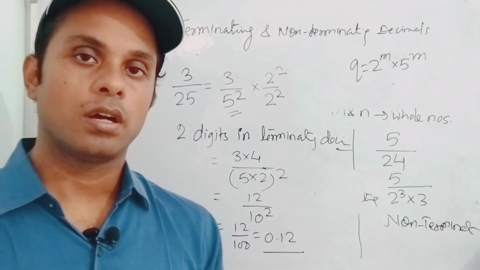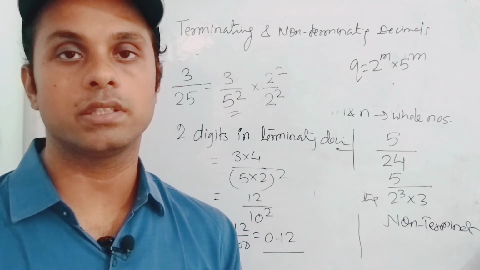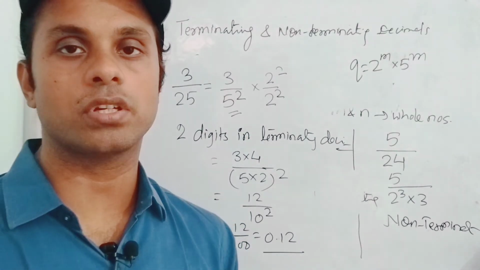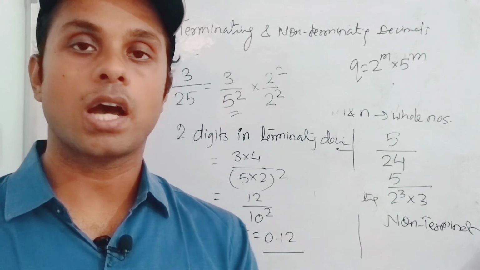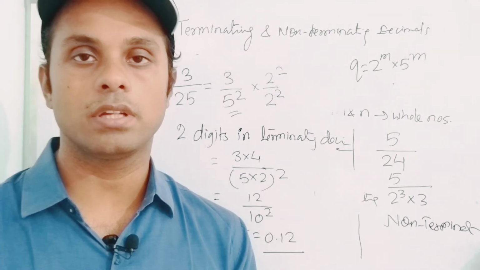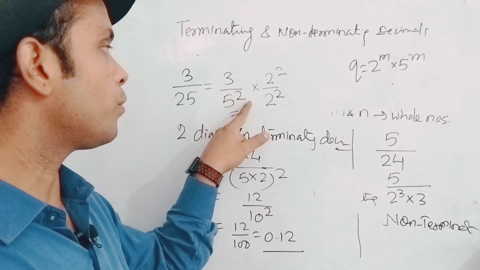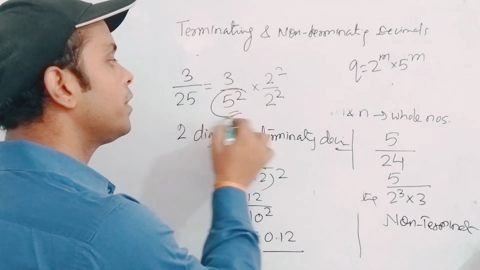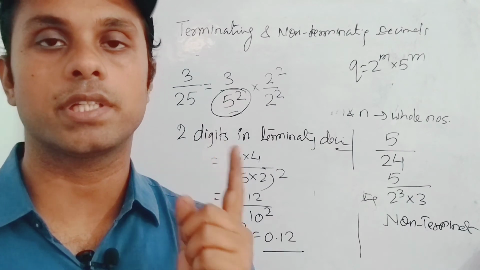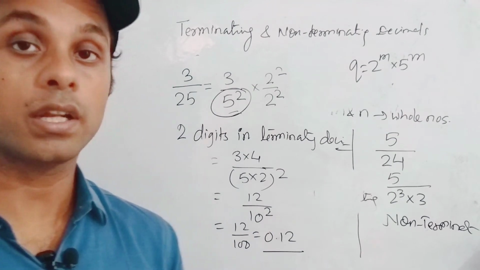So this is the way I proved it here. But you can answer in just a second how many digits there are in the terminating decimal expansion, just by prime factorization of the denominator. The higher power of the prime factors 2 and 5 tells us the number of digits in the decimal expansion. Here the exponent was 2, so already at the initial stage we decided that there will be only 2 digits, which is proved here. This is correct also. Now another example.